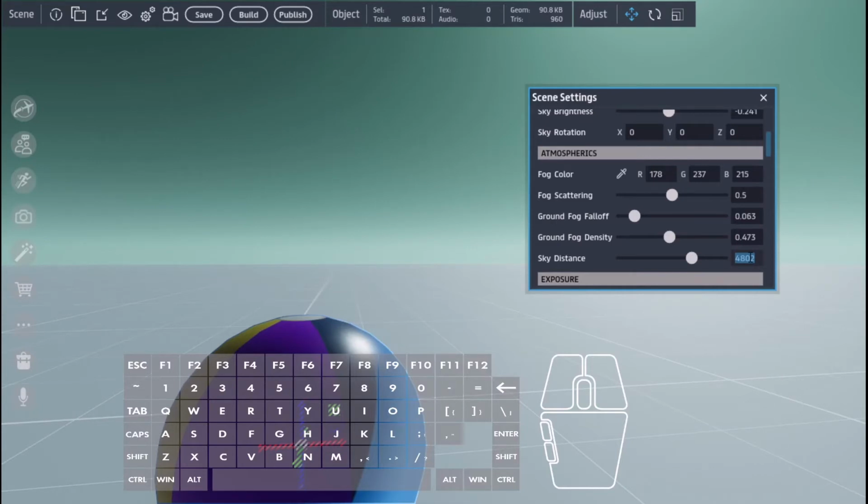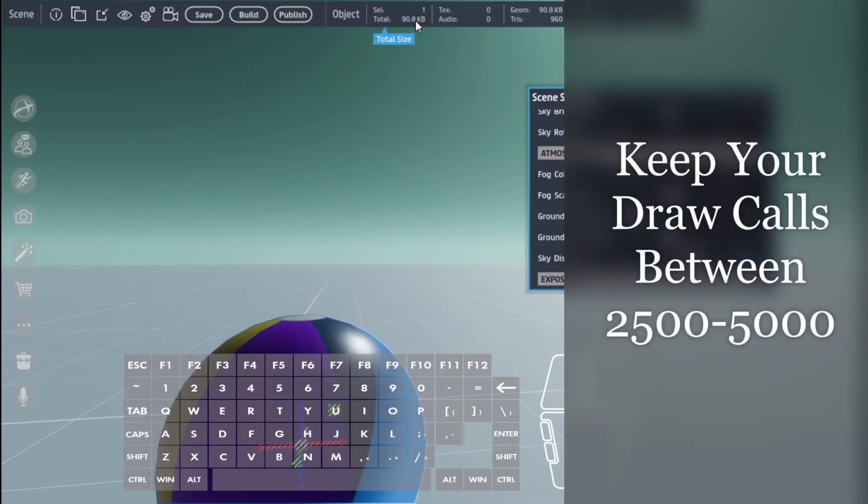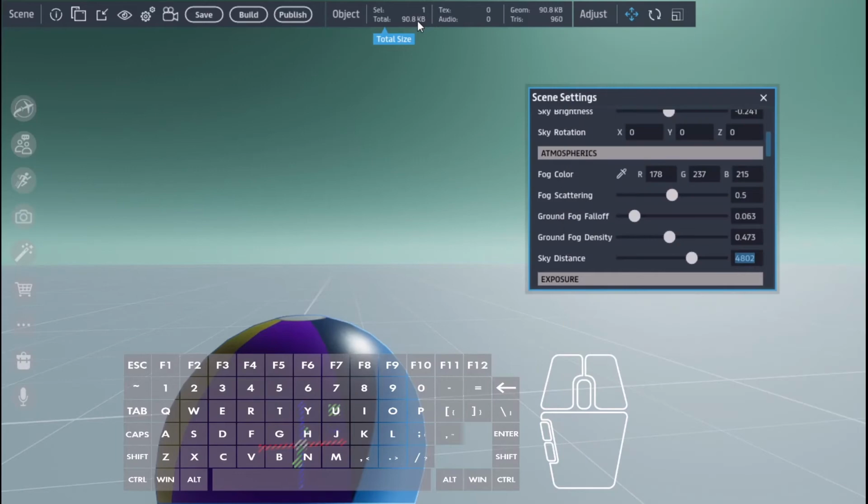Okay, and I'm segueing this information just so that you have a basic understanding. If you put a lot of stuff in there, you're going to start driving up the actual file size. When you drive up the file size of your world, it's going to take longer for that scene to upload. So rule of thumb, I'm going to say this right on record right now: try to keep your worlds between 2,500 and